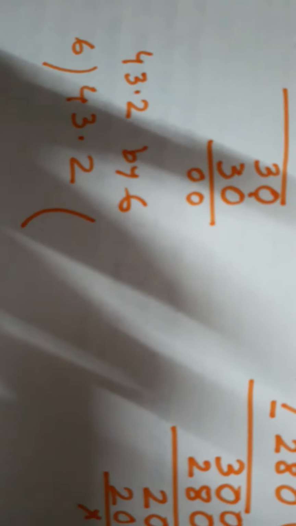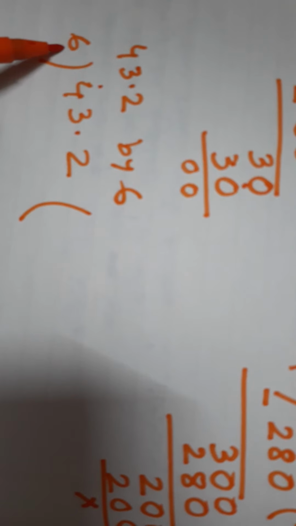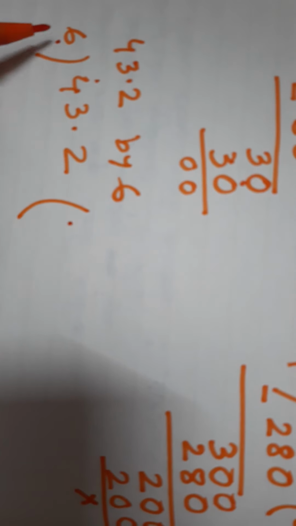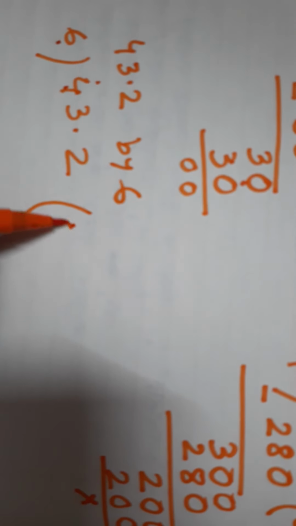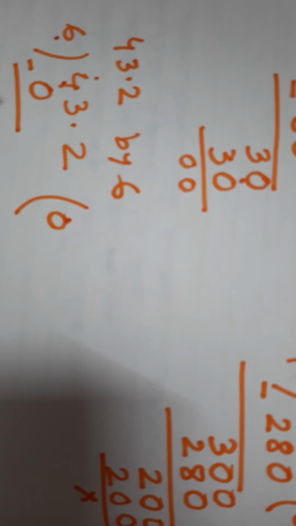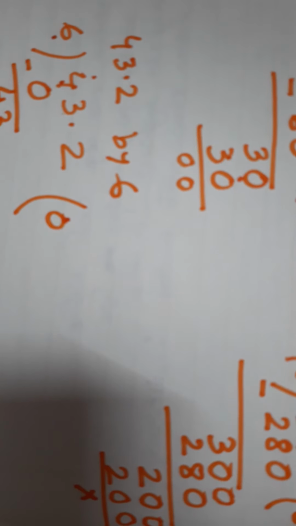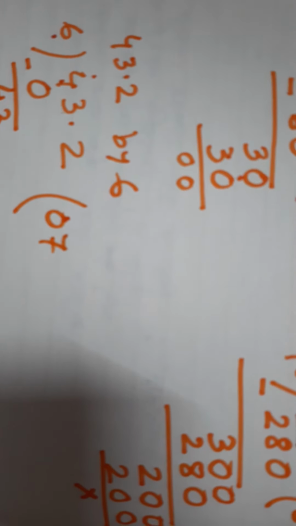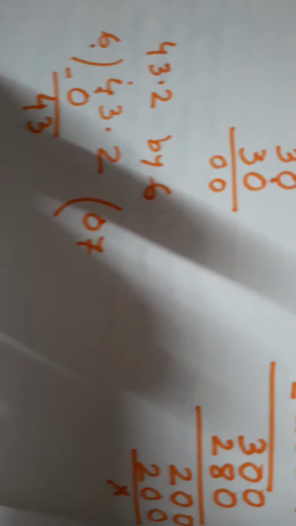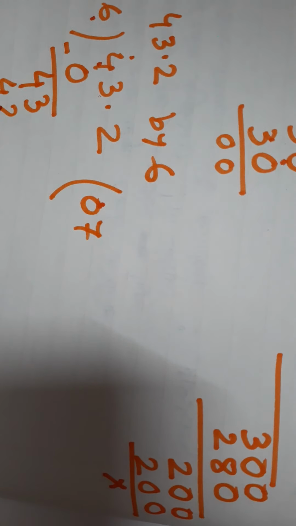When we divide it, first we can see that 4 is less than 6. So first, how many times will 6 go into 4? 0 times. So 6 zeros are 0. We will write that first. Then we will do the subtraction. So 4 will come down and this 3 will also come down. Now how many times will 6 go into 43? 7 times. 6 sevens are 42, we all know. So when 6 sevens are 42, we will write it here. That means it will become this.